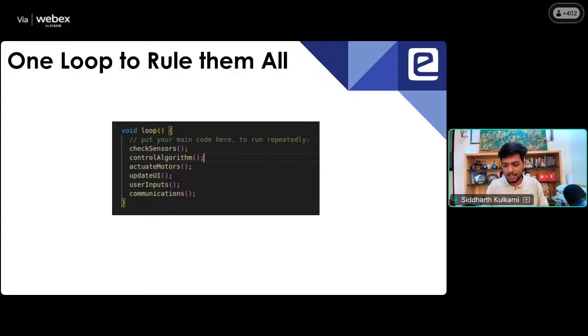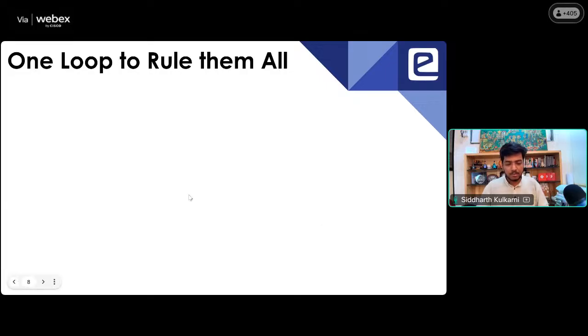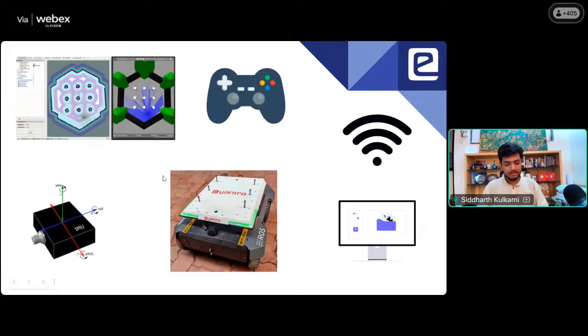Things like this are done in the setup, while checking for user input, driving the motors, checking sensor data and other things are done in the void loop. So to control a system like we talked about before,